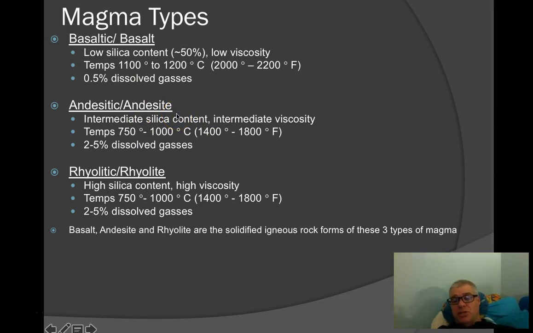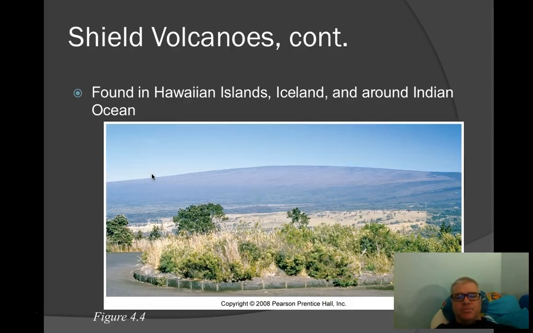Mount St. Helens would be an example of an andesite volcano. When it erupts, because the lava is so much thicker, it has a higher gas content, it just explodes out. And then one of the more explosive types is called rhyolite, which is a little more rare, but there are definitely examples of it. It is even more viscous, and again, it is much more explosive when it erupts.